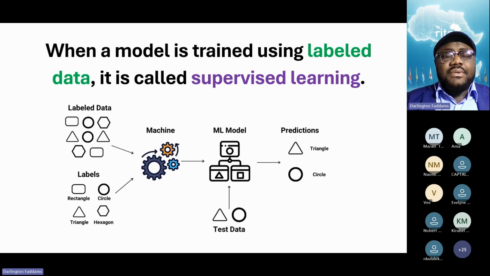Let's give an example of, let's say, the sales of a company. We want to know how much we'll be making in 10 years' time, and we want to build a machine learning model to do that prediction. So how do we do it? We are going to train this model, teaching it how much we've been making for the past 10 years. That is called supervised learning.